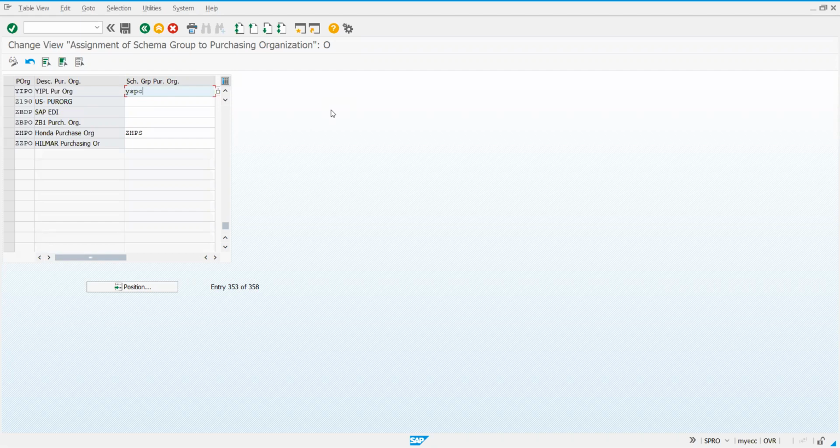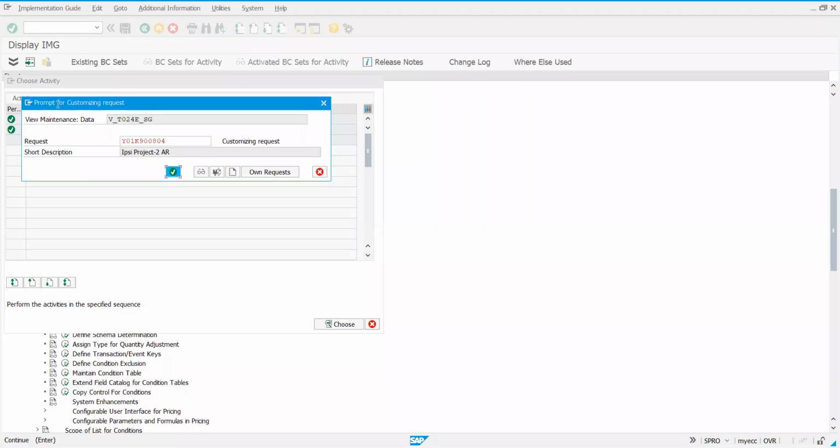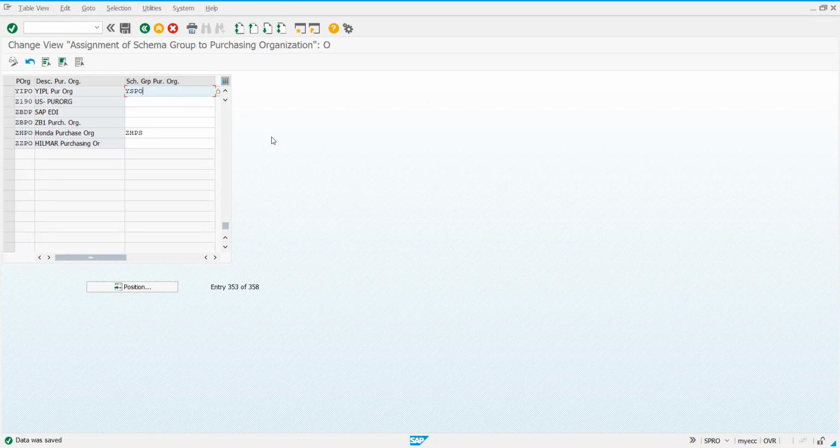Company purchasing organization schema group, I'm taking YSPO. Enter. Save. So in this step, I did three things. I created a group for vendors. Then I created a group for purchasing organization. I linked the purchasing organization group to the company purchasing organization. These three things we did in this step.